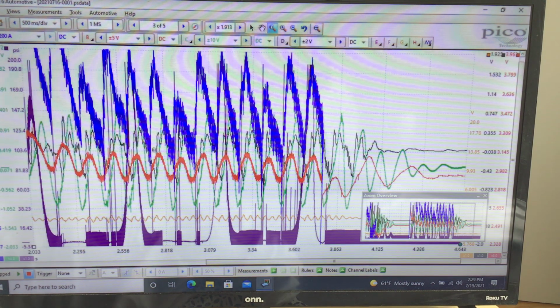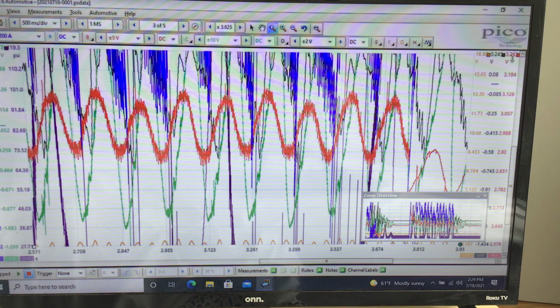I could probably make it better. I'll probably do that in another video. I should one day just rip the valve cover off and get the car cold and get in there with the feeler gauges and make a really good valve adjustment. I probably could bring this thing right here back to